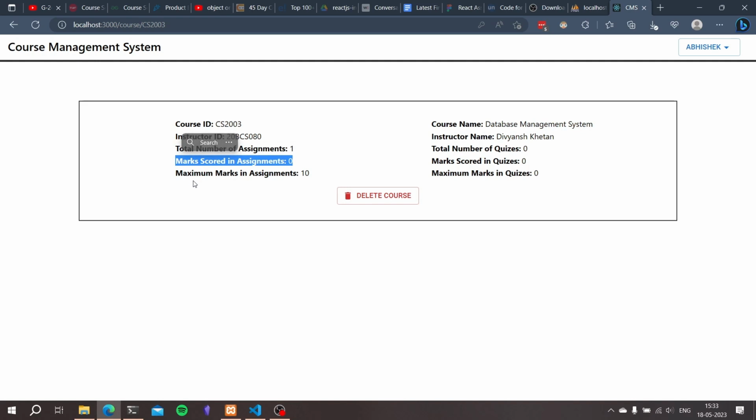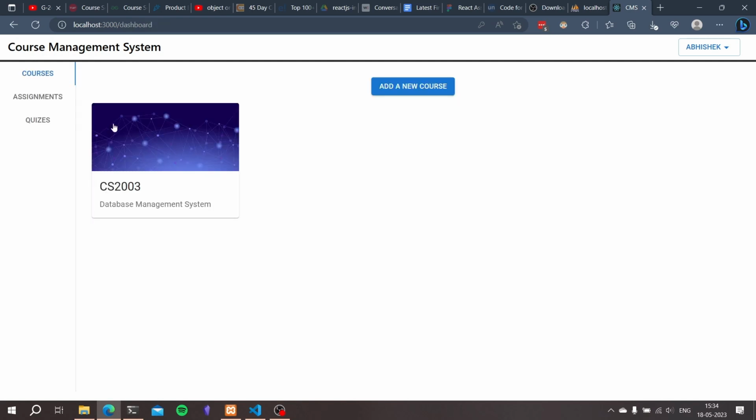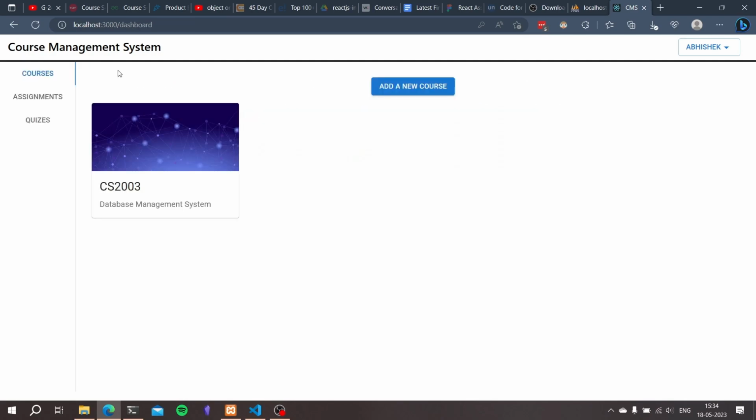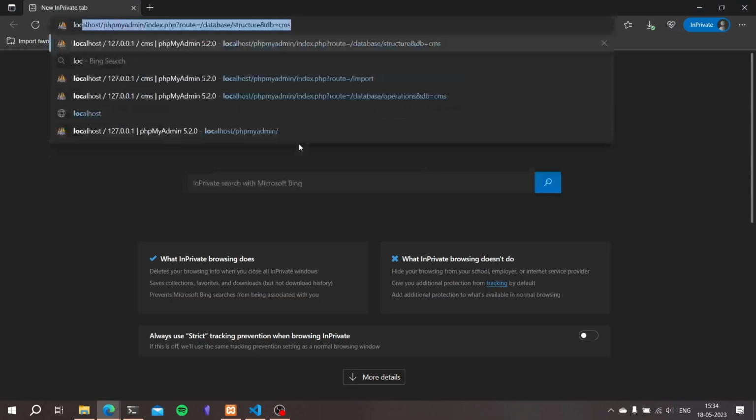For example, if a person submits 10 assignments, what is the total marks that he gets? And this is the maximum marks, the sum of the maximum marks in each of the assignments. Here the total number of assignments is equal to 1 because there has been an assignment uploaded by the instructor. For example, if I log into the instructor account